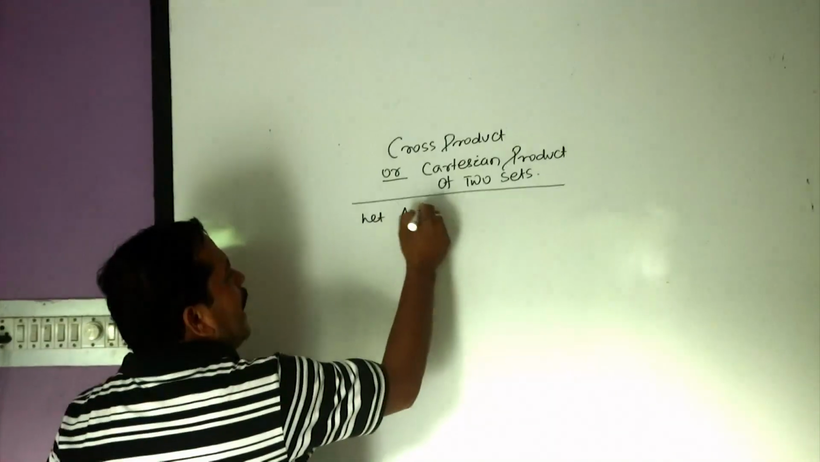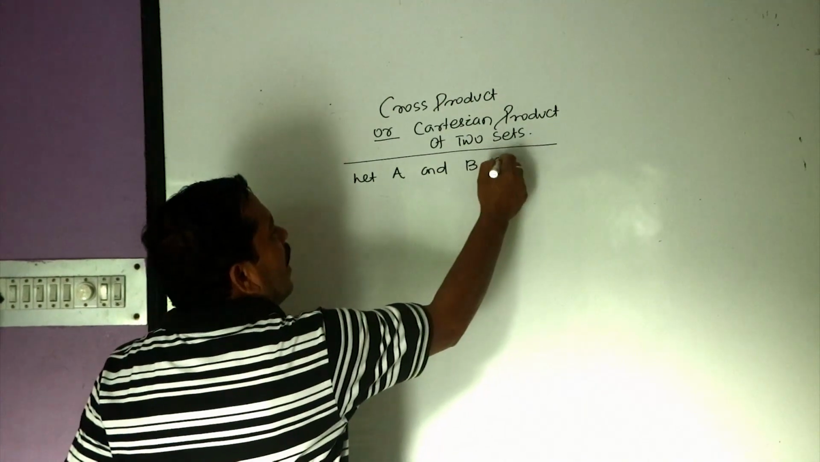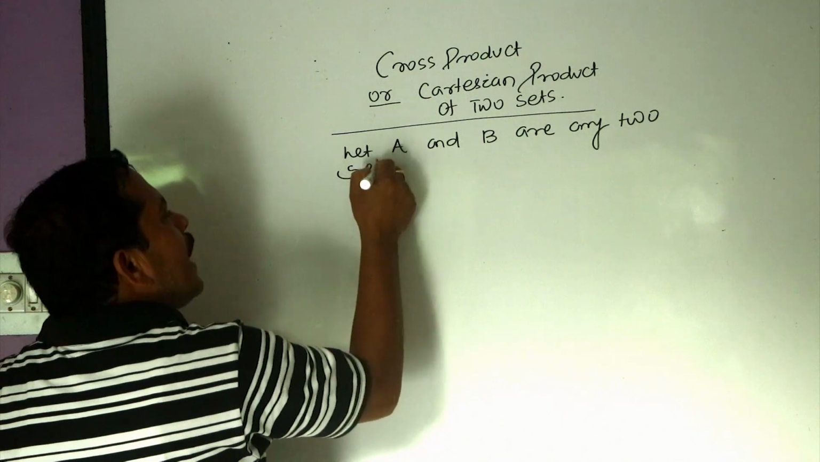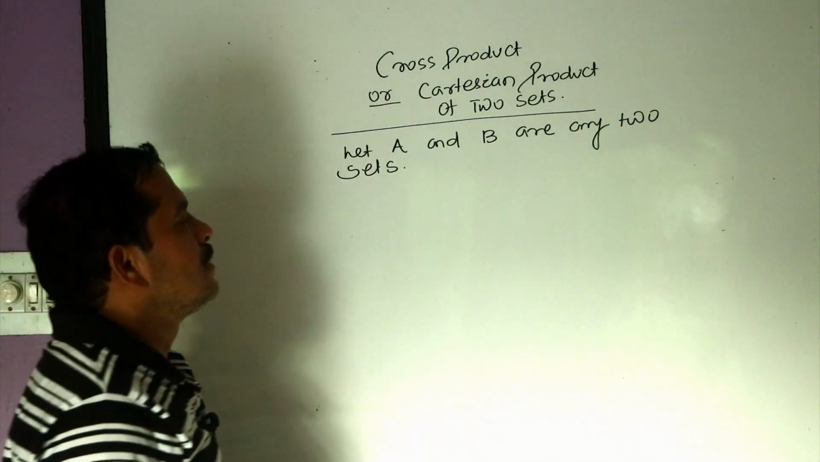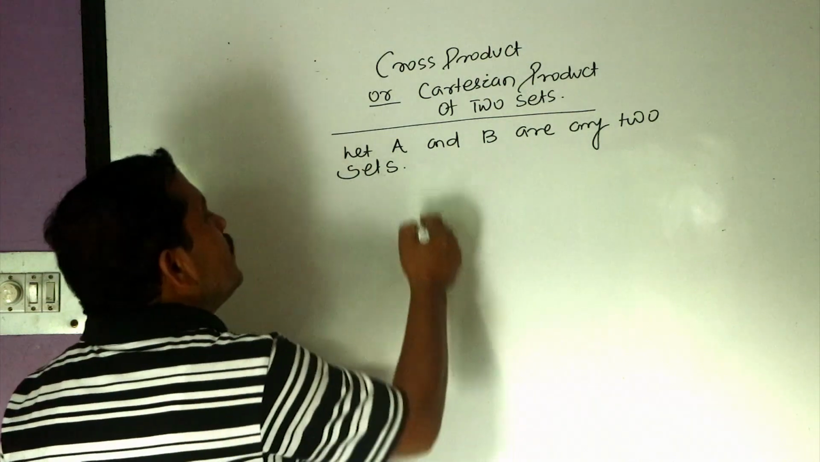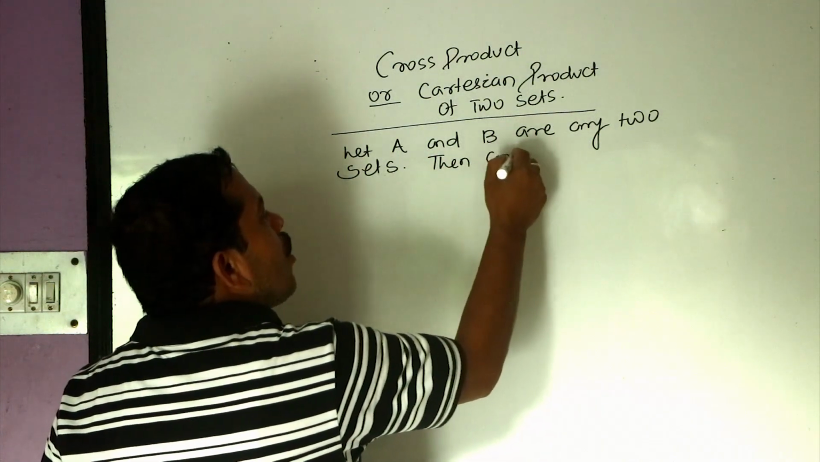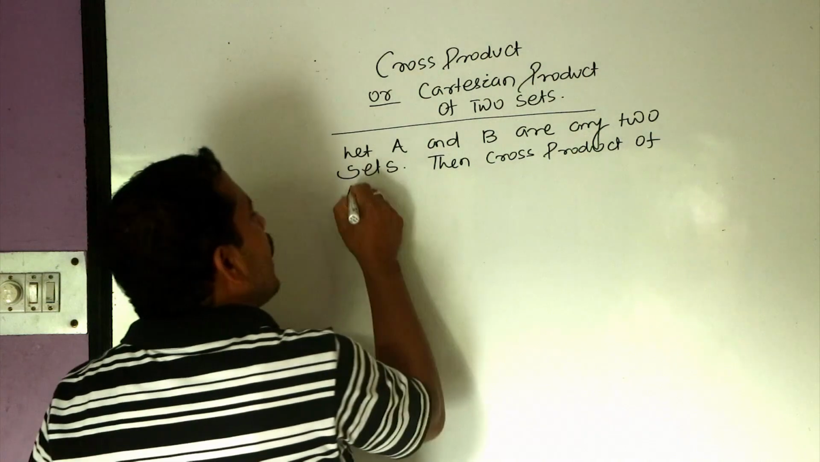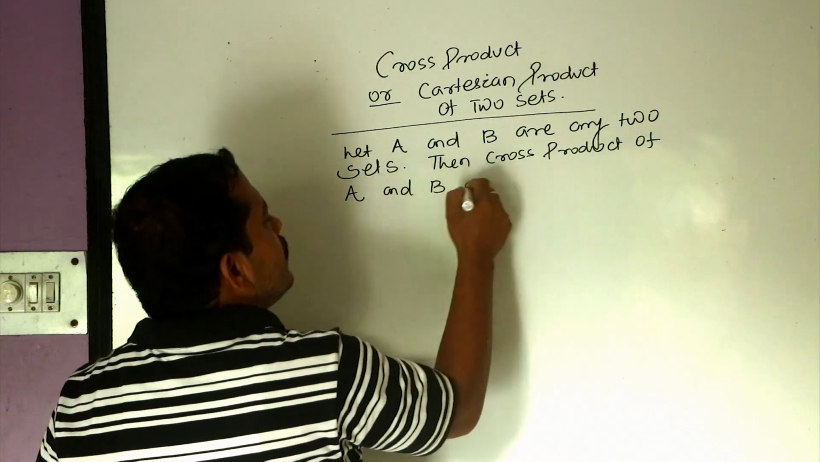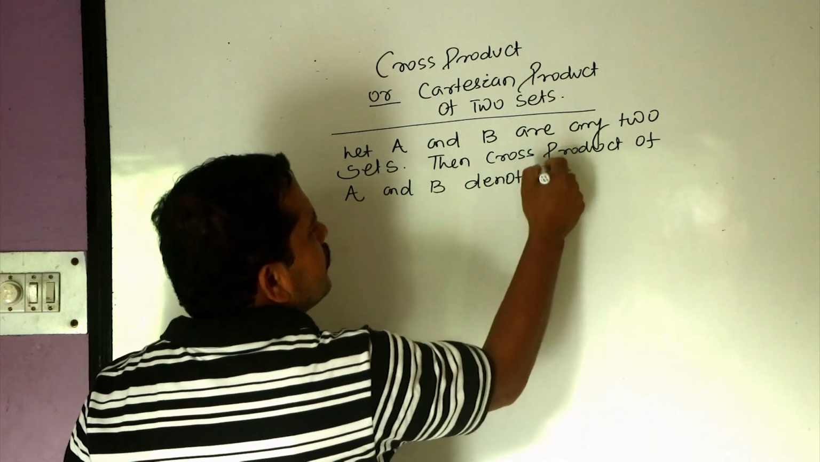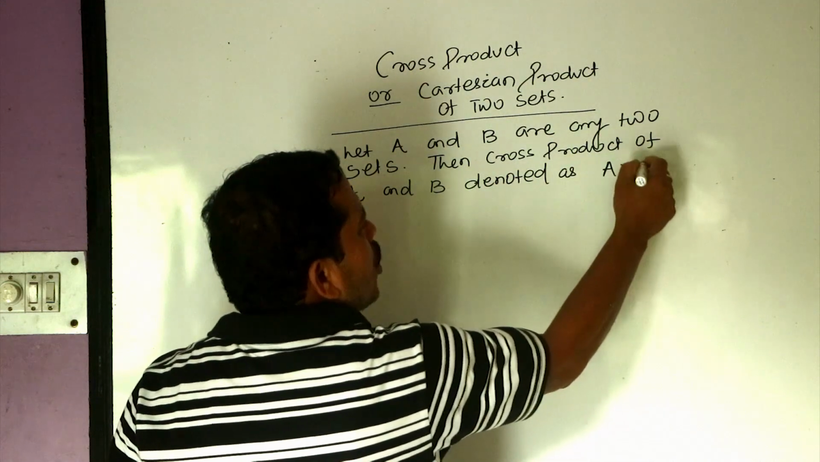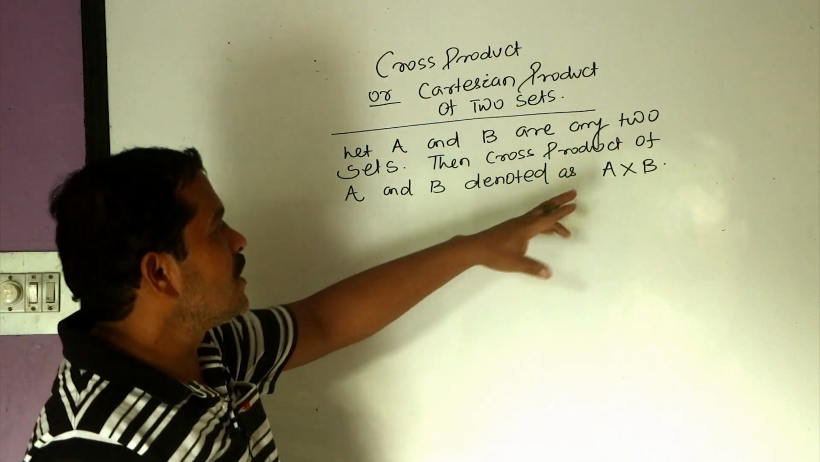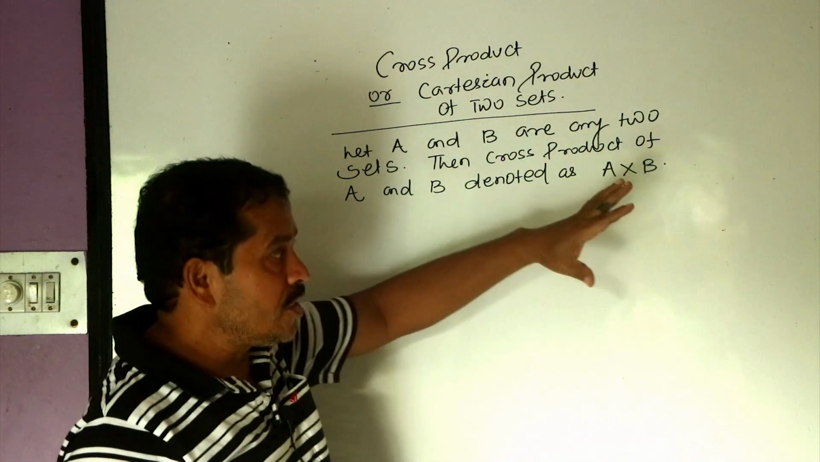Let A and B be any two non-empty sets. Then the cross product of A and B is denoted as A cross B. You just read A cross B, not A into B. That is the cross product of sets. You cannot read it as A into B. Just read A cross B,